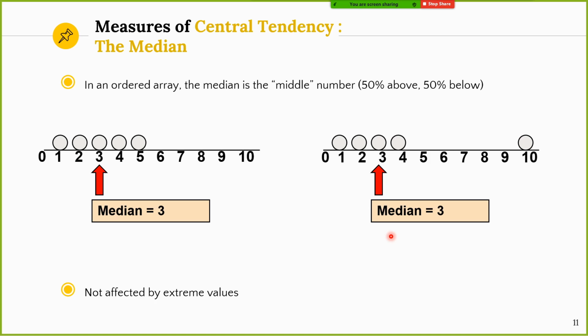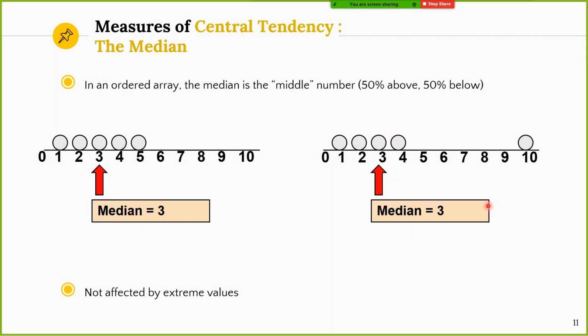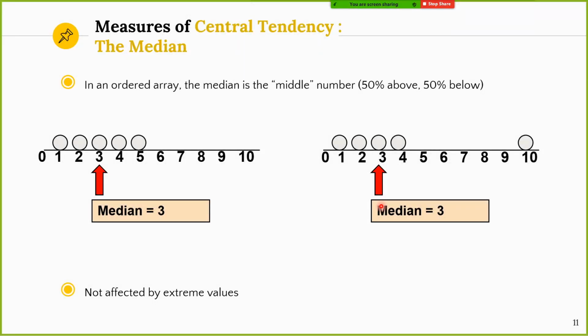So that's why if you have the data, you need to not only calculate the average, but also calculate the median to know about the characteristics of the data. Let's say you have median 3, but the average is also 3. It means that you don't have outliers. But if your median is different, let's say 5 maybe, or above 5, then it could be an outlier. We'll learn after this one to identify the outliers.